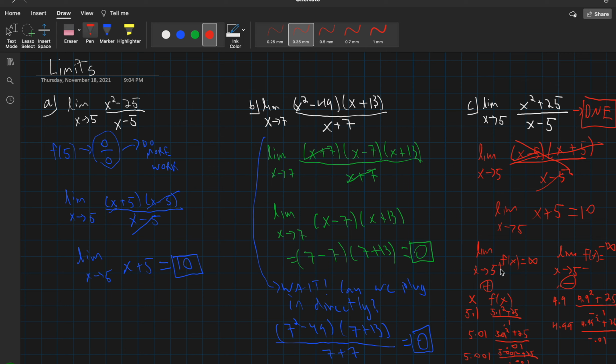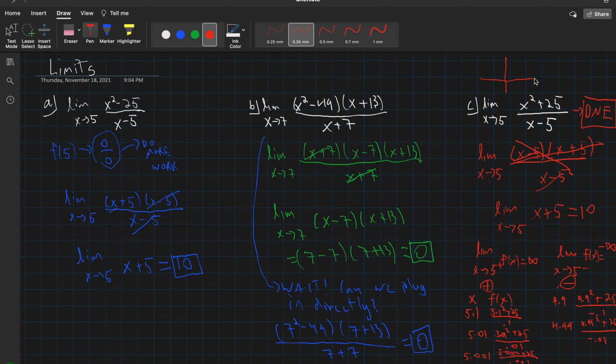So maybe I'll do a separate video illustrating why we aren't saying infinity here, but instead we're saying does not exist. Because when we approach from the right, our limit is growing uncapped in the positive direction, meaning it's infinity. But when we're approaching from the left, it's minus infinity. So because these disagree, you're going to end up,